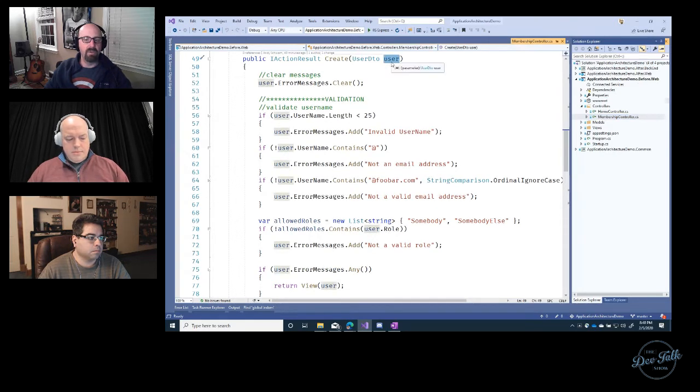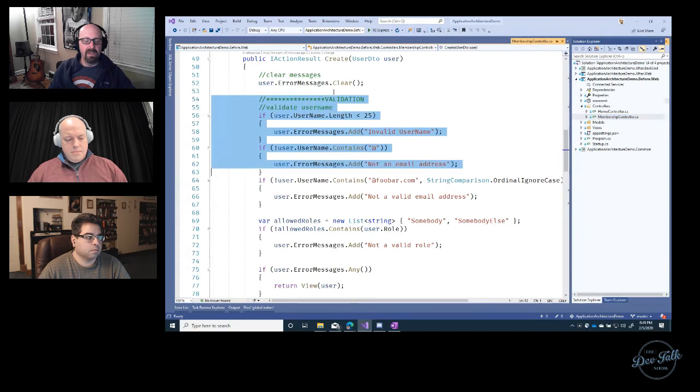A user that we're going to add to the system. This doesn't really matter too much, but the user can go back and forth. And so if there's errors, the user might have errors that get returned to the UI. And this is a way to just clear them off in case something's coming back from the UI. So what do we typically do